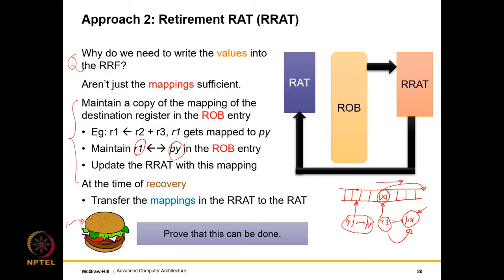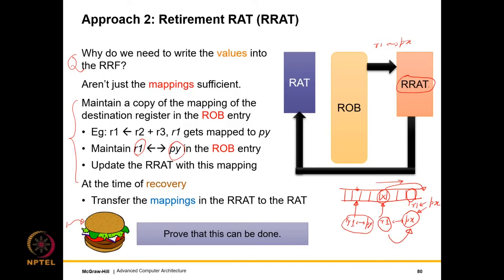Alright, so which means that if let's say there is one instruction over here where R1 gets mapped to Px, then we maintain the R1 to Px mapping in the ROB entry of this instruction, and later on when R1 gets mapped to Py, we also maintain that in the ROB entry of that instruction. So whenever an instruction commits, so let's say at this point an instruction commits where R1 is getting mapped to Px, we will update what is called the retirement